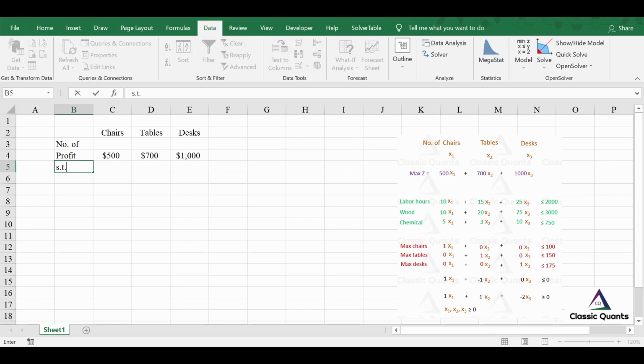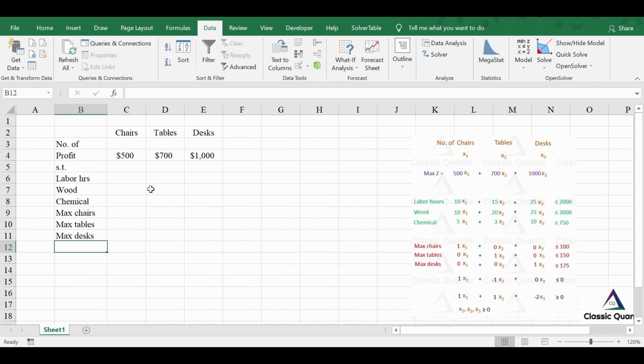Then write subject to here. Then here we will write the constraint names, like first one is labor hours, second one is wood, then chemical, max chairs, max tables and max desks.